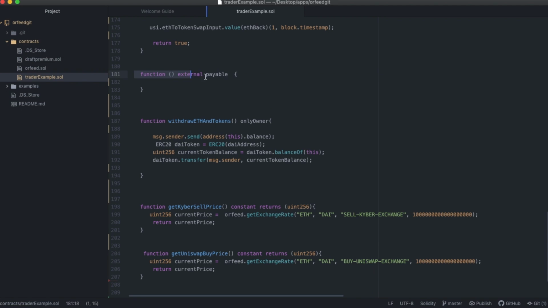So this is the default function for your contract, where people send money, and then we have withdraw Ether and tokens. All this does is transfer all the Ethereum, all the balance. So I say address.balance. This is built-in Solidity code, so even though these variables aren't set, it's built in. So for this smart contract, msg.sender.send means send to the person who's requesting this